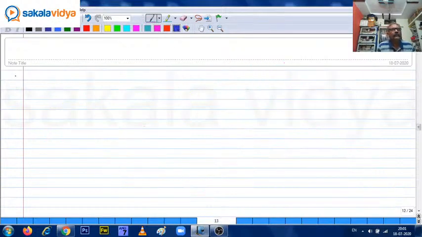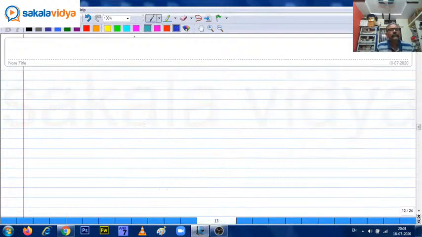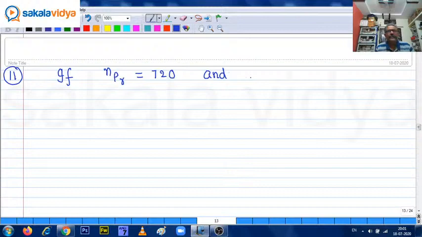So now the 11th question. If nPr equals 720 and nCr equals 120, then the value of the ordered pair (n, r) equals to